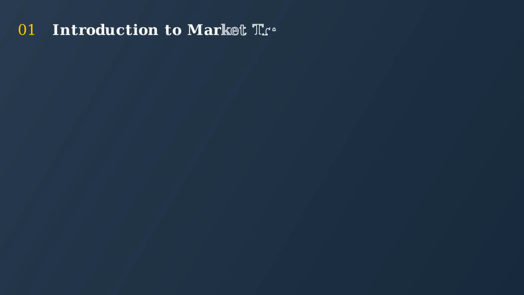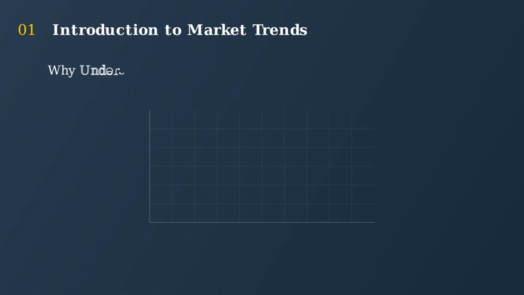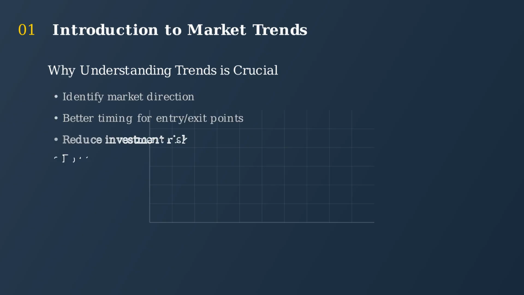In the world of financial markets, understanding trends is fundamental to successful investing. A market trend represents the general direction in which a market is moving over a specific period of time. Understanding market trends is crucial for investors and businesses for several key reasons. Trends help identify market direction, optimize entry and exit points, reduce investment risk, and form the foundation for effective trading